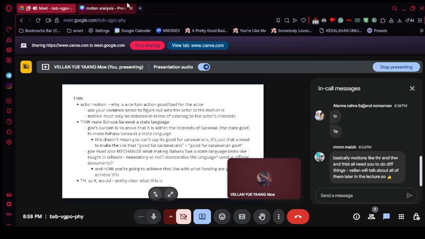Yeah. So "this house would," both sides have the fiat to say that their mechanism works, but for "this house as X would," you would have to show that it's in the interest, right? So yeah, the fiat basically just means that the judge will assume that what you said is going to happen. When you say you make Bahasa Sarawak a state language, and part of the law of making Bahasa Sarawak a state language is that you mandate it in all schools, the judge will assume that will happen, but it is not under your fiat to say that this is going